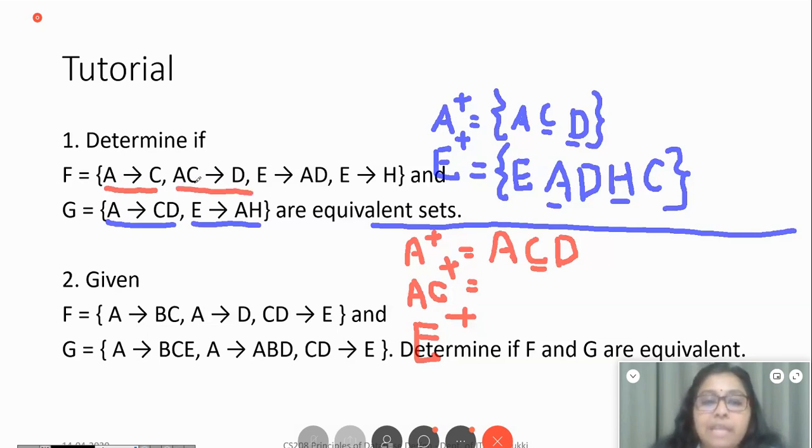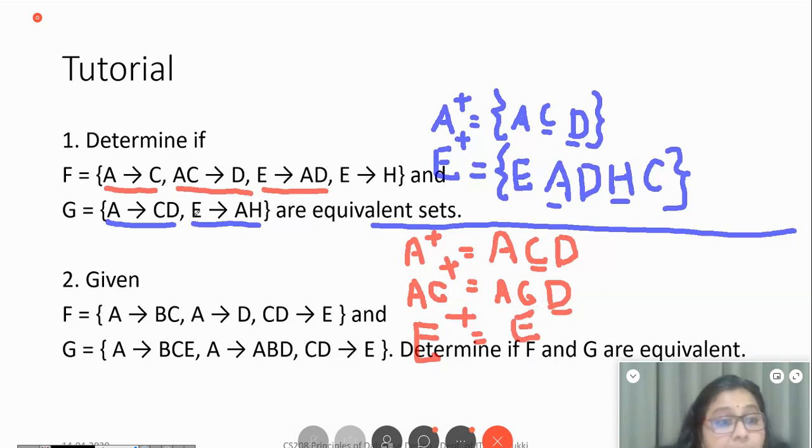Then you see the attribute closure of AC. A and C are members. Okay. And then because A is a member, CD becomes a member. C is already a member, so D is a member. Okay. E is not a member. Okay. So AC determines D. So this is also true. Okay. This is also covered, implied. Okay. Now I find the attribute closure of E, which is E. Then what else? A will also come, isn't it? Because E determines AH, A will come, and then since A comes, C and D as well.